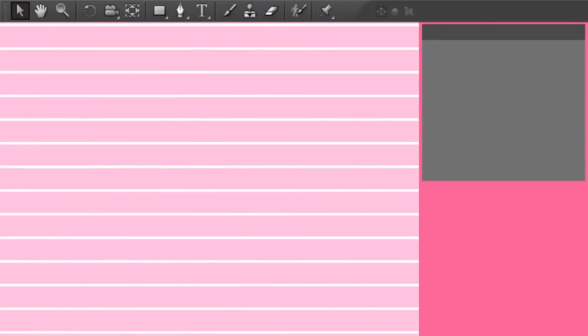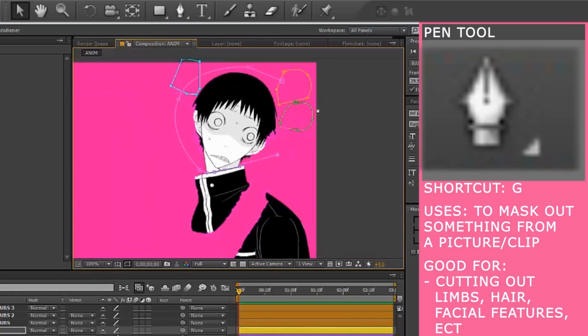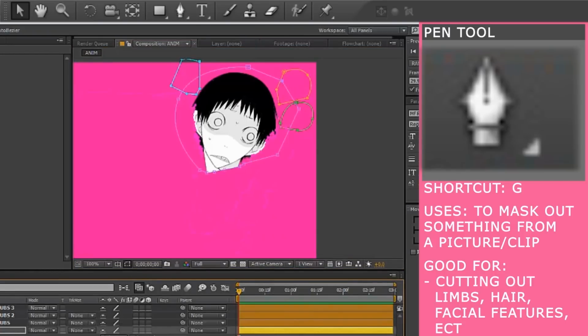The first tool that I use, that if you're in the AMV community or the MMV community, I'm pretty sure you already know, is masking. The shortcut for masking is G, and it's pretty straightforward.